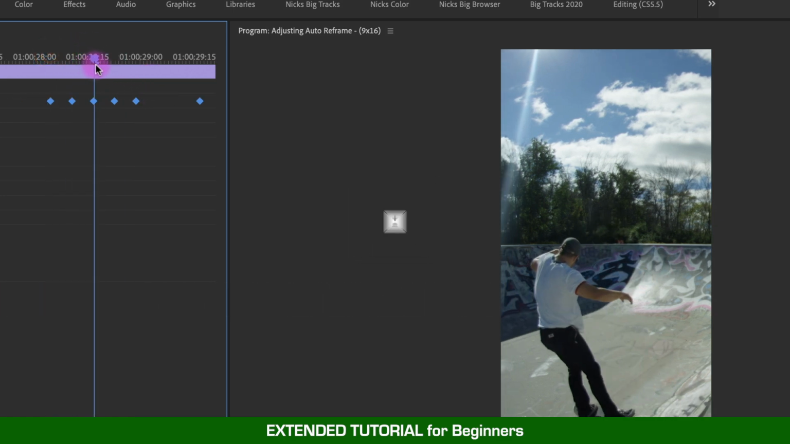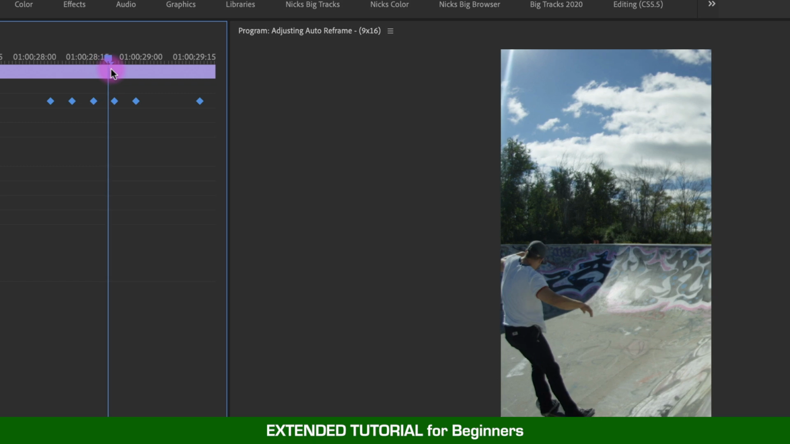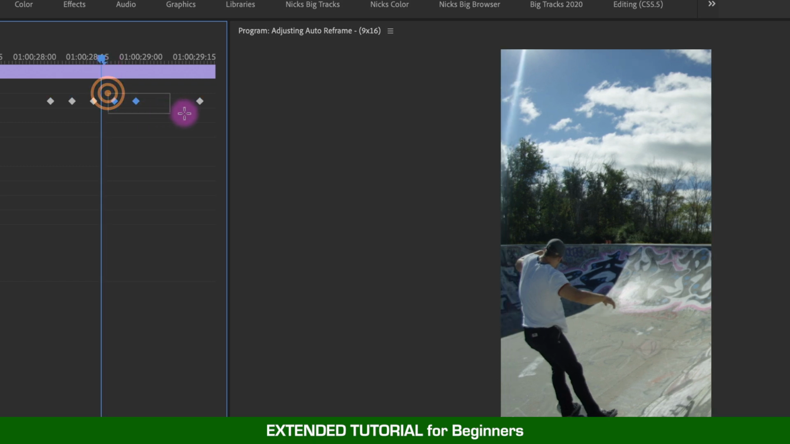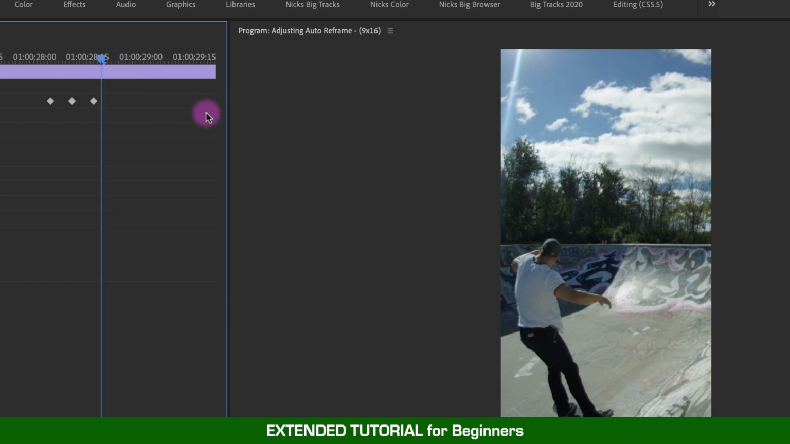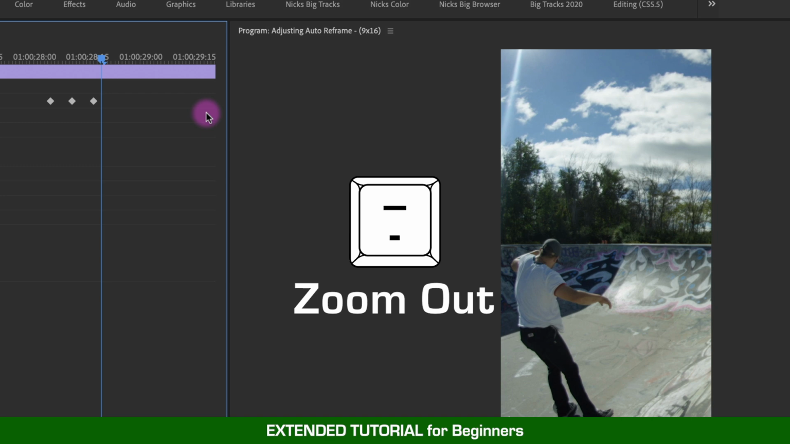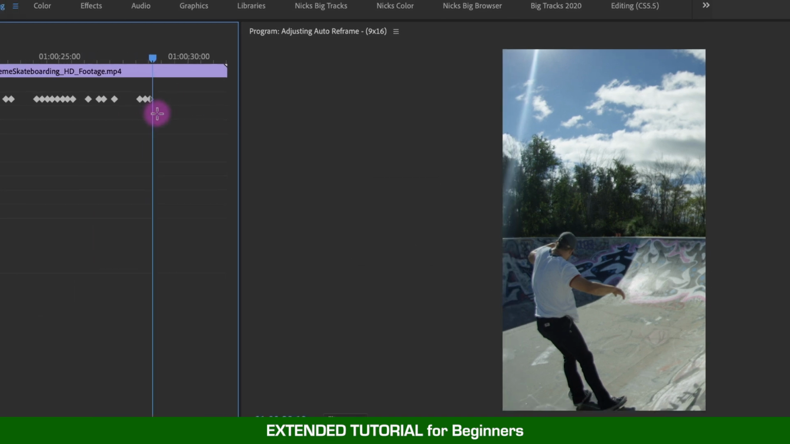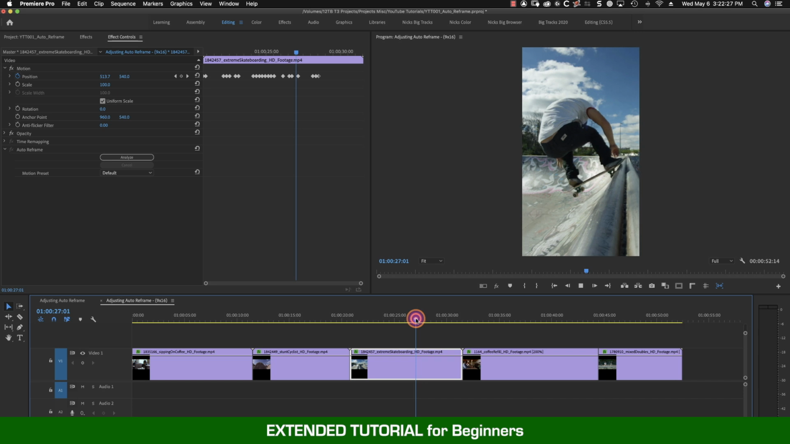And basically this area is where it goes bad. Highlight these keyframes here and delete. I'm going to zoom out by hitting the minus key. There's one more keyframe there to delete. And now when we play it through,